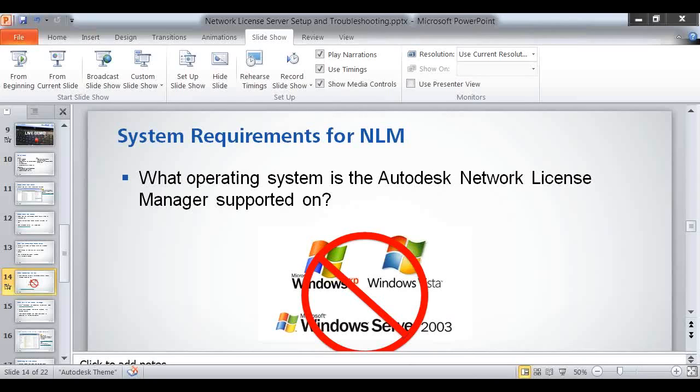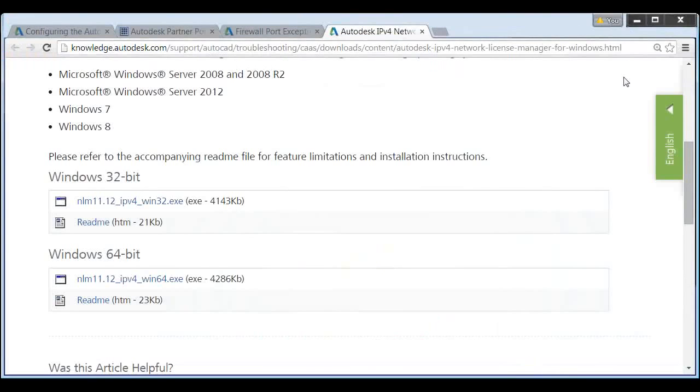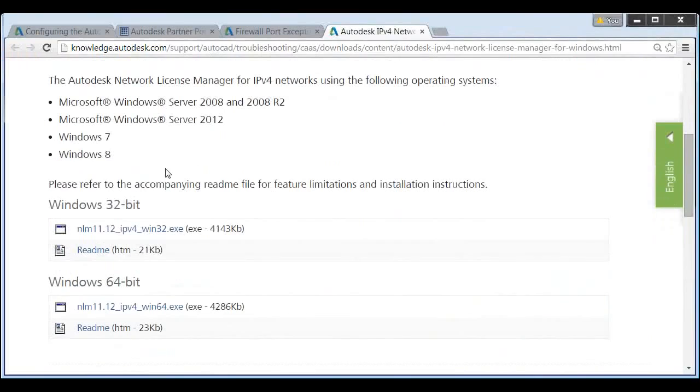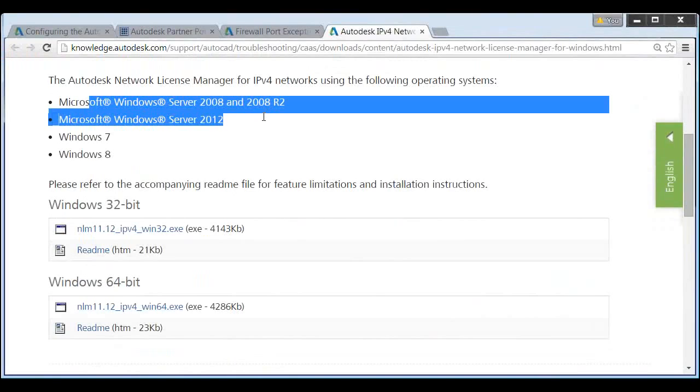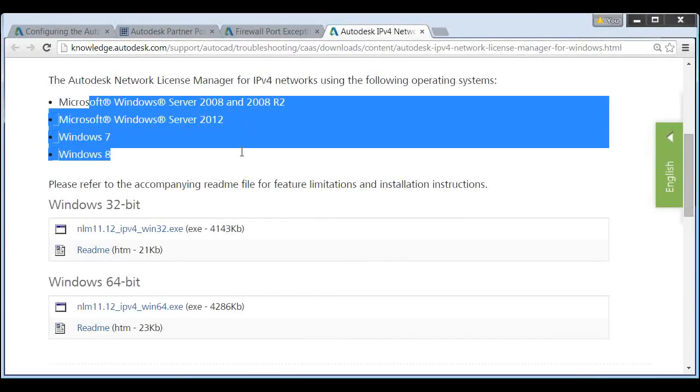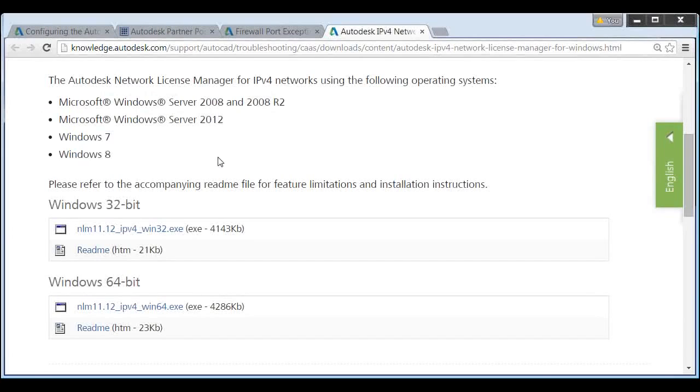I'm going to share my web browser. This is a page where you download your license server software. You can see here's the 11.12 version, IPv4, IPv6. And what is listed here are the supported operating systems: Windows Server 2008, Windows Server 2008 R2, Windows Server 2012, Windows 7, Windows 8. Any of those will work fine, and no particular one works better than the other